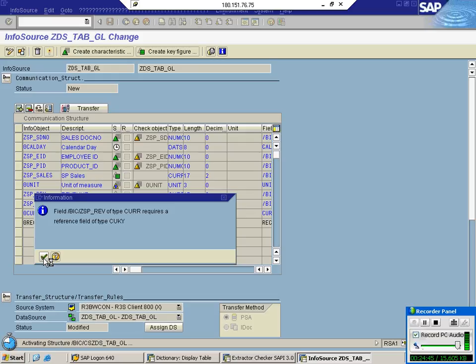So what is it that we have done? We have just mapped the source columns with BW columns. What's our next step, Santosh?